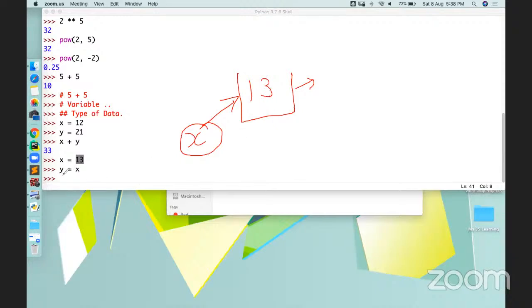Now if we are doing y equals X, what are we doing? Are we creating a new memory location where we are going to store 13 and giving it a name, or are we just giving a different name for the same location, right? So we are applying this concept. 13 is in the same place, 13 is not going to move, it's not going to be copied to any other location, and we are just giving it a different name. 13 will be at the same location, and we are just giving the name,